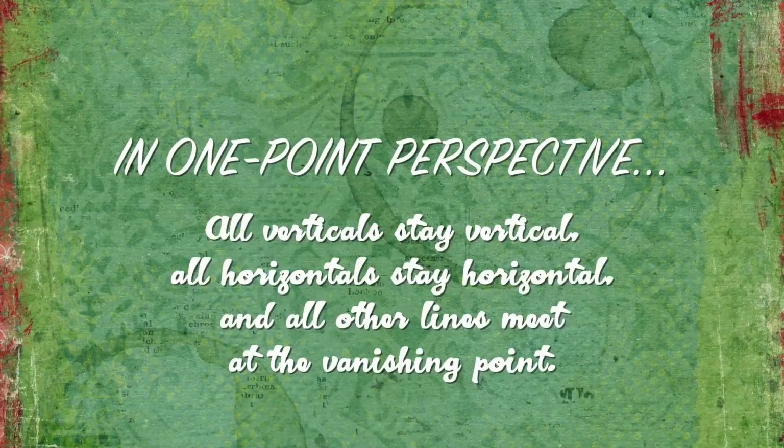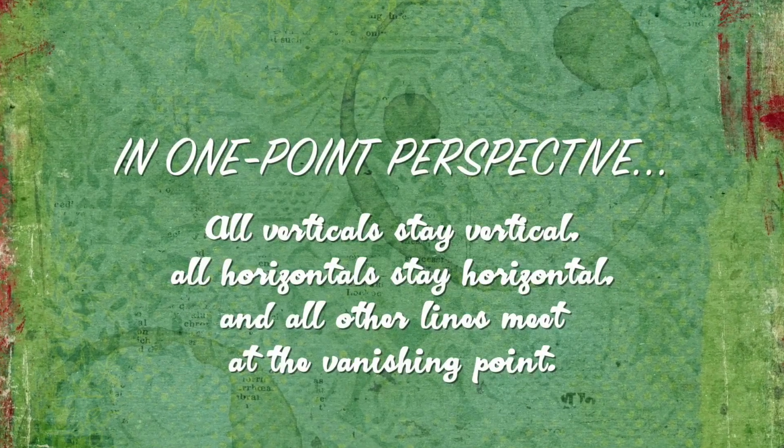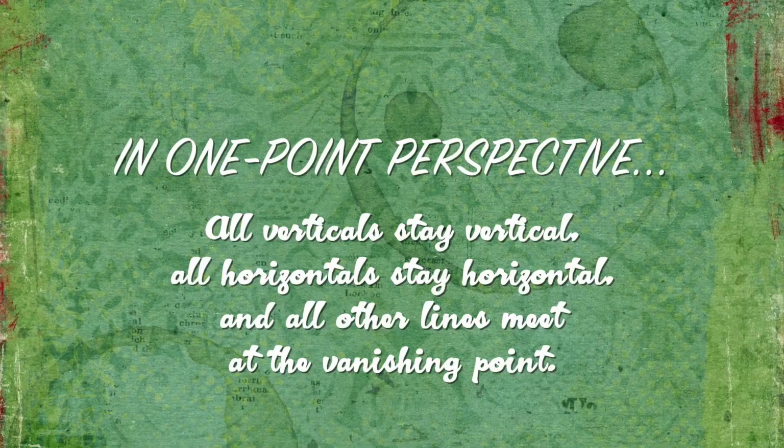If you have tiles on your ceiling, you take your hand and you measure, like 1, 2 times the length of my hand, and then if I go to the very end of the room and measure again the room, the corners, it's just 1, because it appears to be getting smaller. In 1 point perspective, all verticals stay vertical, all horizontals stay horizontal, all other lines meet at a vanishing point.